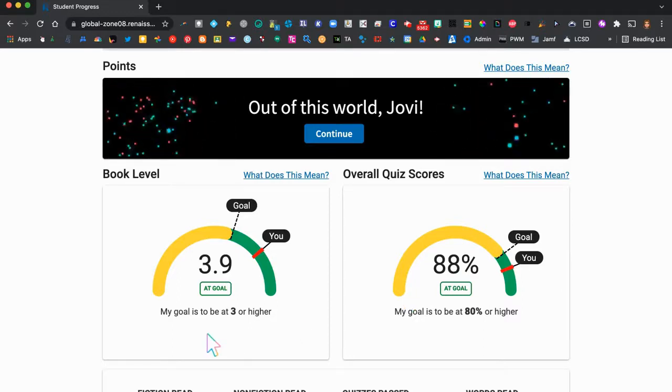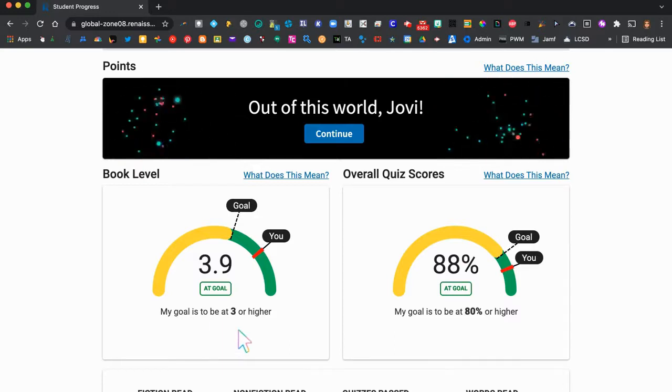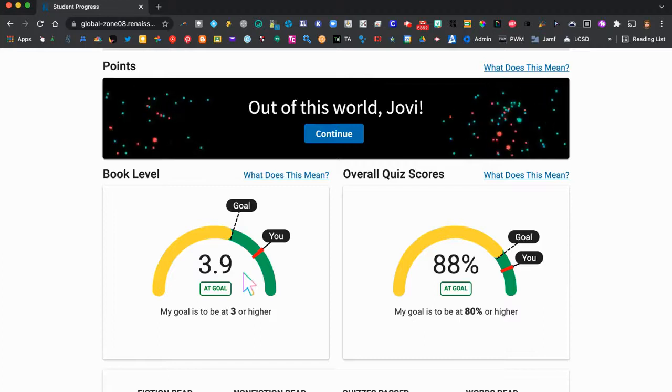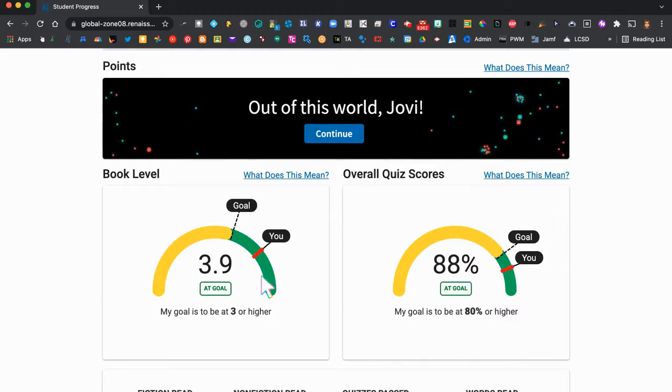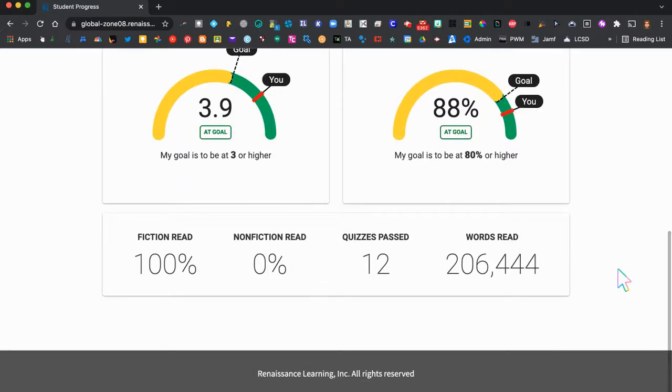And then over here, you can see book level, and you have my goal is to be at 3 or higher. So that's good. You can see that this student is a little higher than their goal, which means that the books that they are choosing to read are a little higher than the book level that's been selected for them. You can also scroll down here and the students love to see, what kinds of books